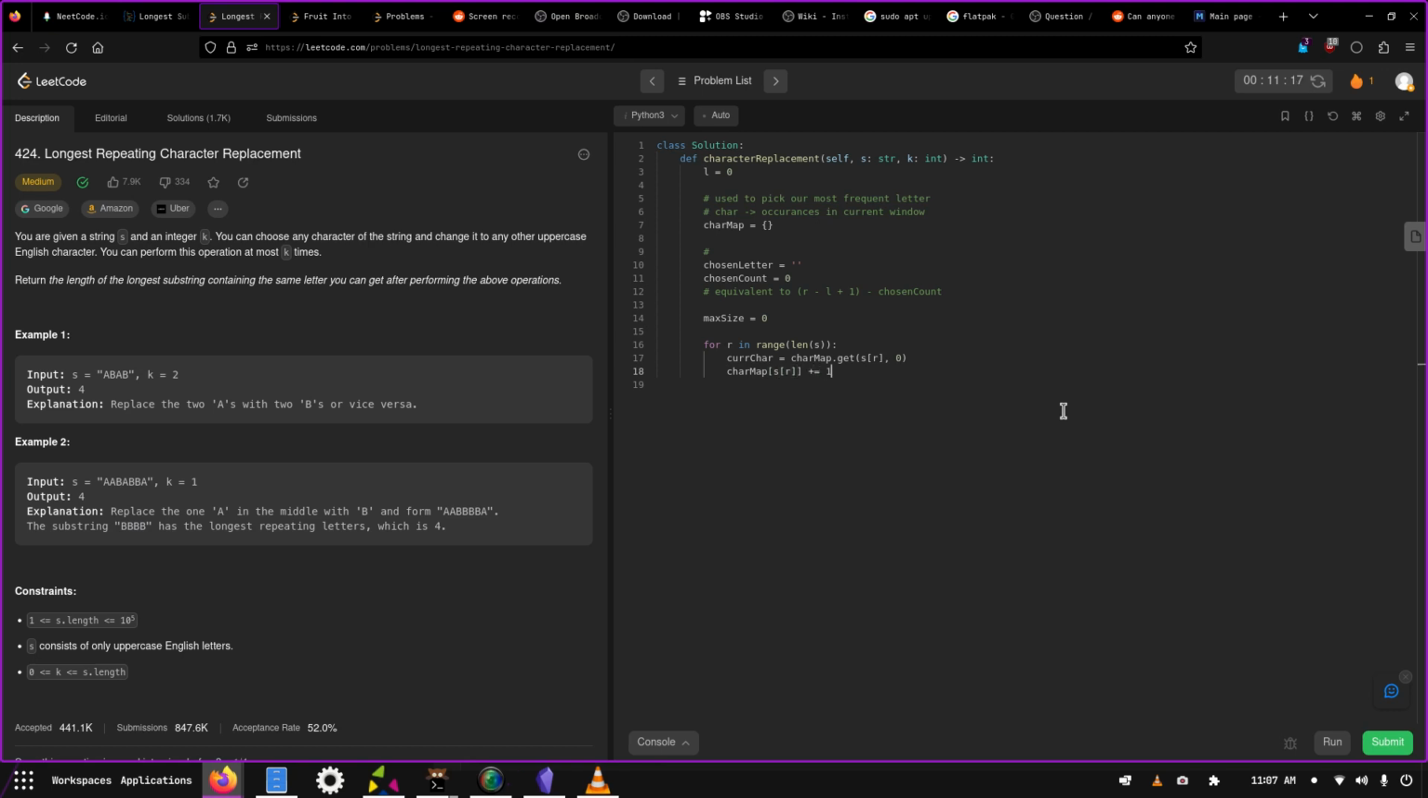Carmap.sr plus equals curcar plus 1. Okay. Now we need to separate our task into 2 steps. Which is